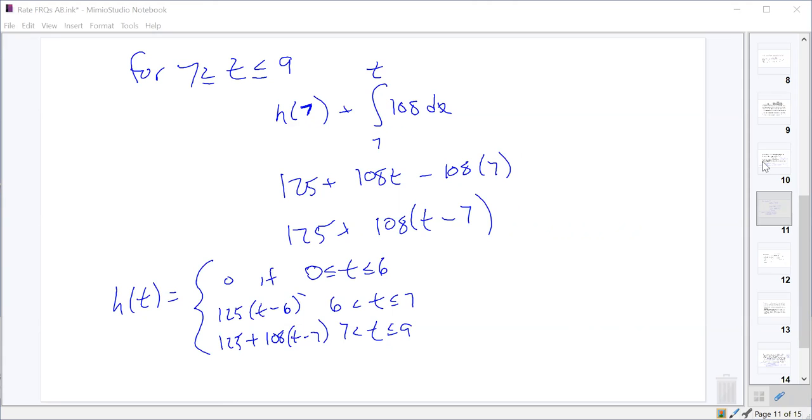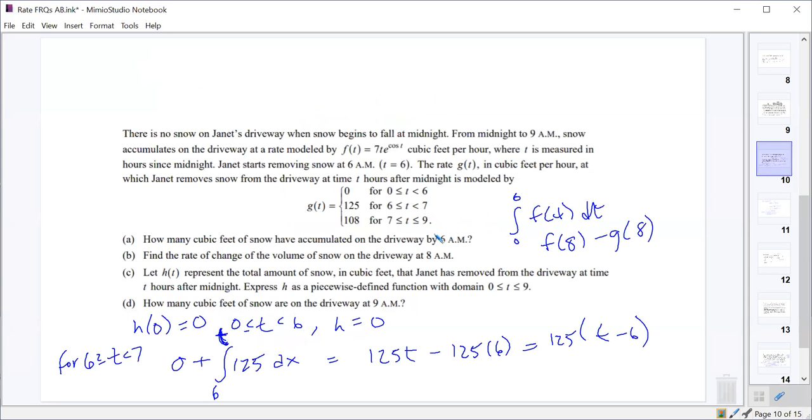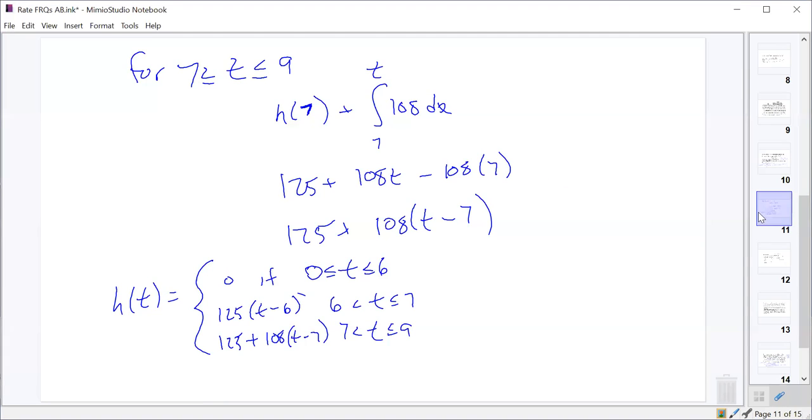Did they change? I may have just written them incorrectly to begin with. Oh, no, here. Oh, yeah. So it changes to 108 at t equals 7, but for this full first hour, we're still at 125. So, yeah, I guess I wrote 6. Yeah, technically you'd want to change it here so that this is accurate all the way up until 7, so that as soon as we got to t equals 7, we had made it 125, whatever that was, cubic feet probably of snow that was removed, all the way up to 7. And then once we get past 7, we use this one,